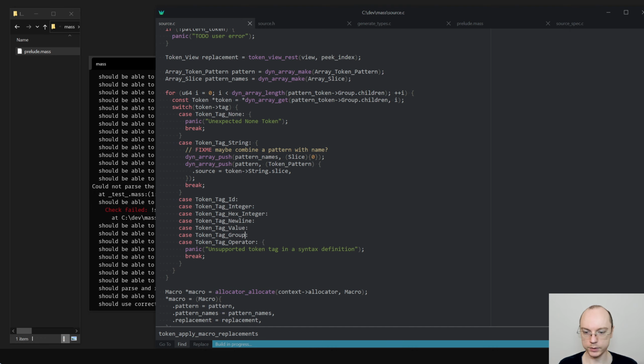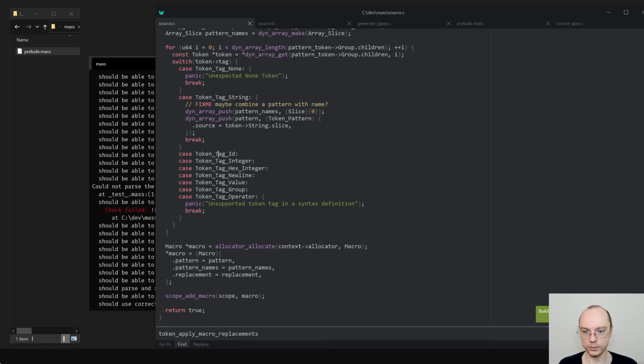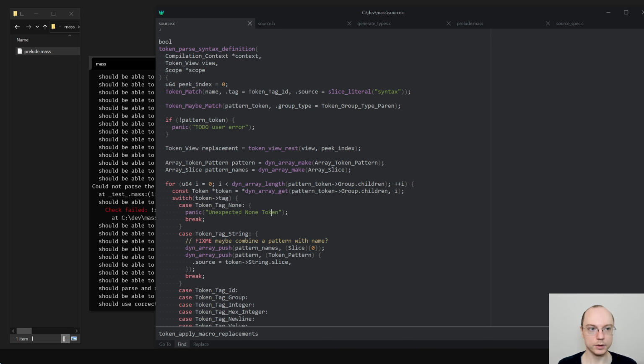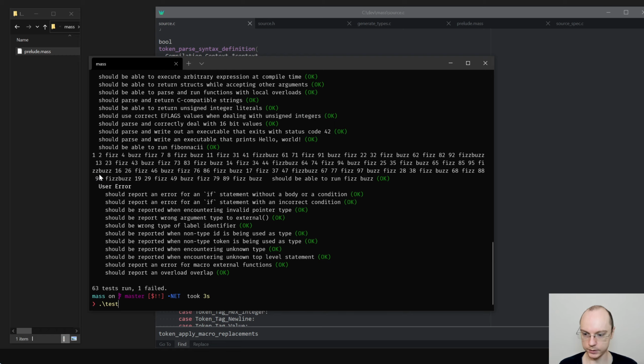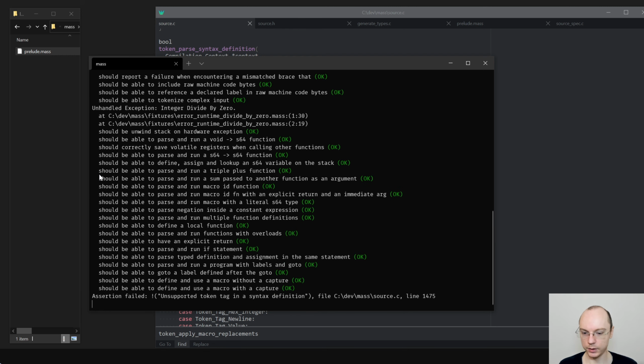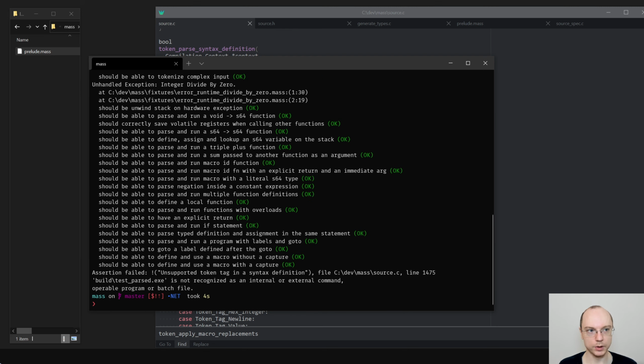IDs and groups are definitely something we need to take care of, but that is later on. For now, I think our tests should actually pass because we are using the same old mechanism for actually doing the macro replacement. We're just changing how we are dealing with it, but apparently that is not the case.